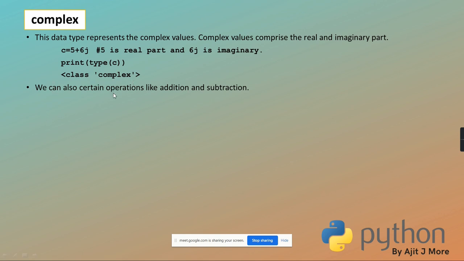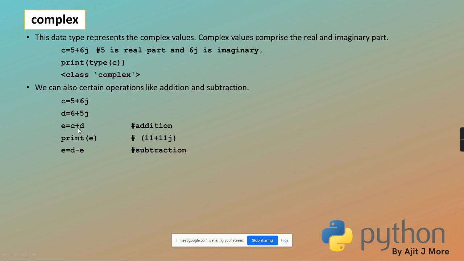So you can also perform certain operations like additions and subtractions. That is also allowed. So c equal to 5 plus 6j, d equal to 6 plus 5j, and I'm writing c plus d, and a new complex number 11 plus 11j you will get, right? Suppose you are writing d minus e.